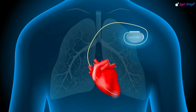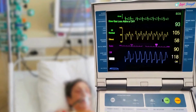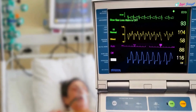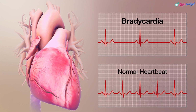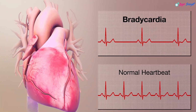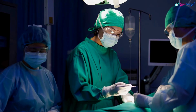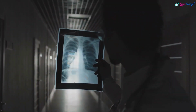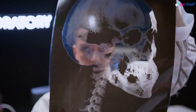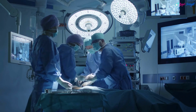15. Pacemaker. The invention of the pacemaker revolutionized the field of cardiology and transformed the lives of millions suffering from heart rhythm disorders. Before the pacemaker, individuals with bradycardia, abnormally slow heart rate, or heart block often faced severely limited lives, constantly fatigued and at risk of sudden cardiac arrest. Many could not perform basic physical tasks, and their life expectancy was greatly reduced. These patients were often bedridden or unable to function normally due to the heart's inability to pump enough blood to